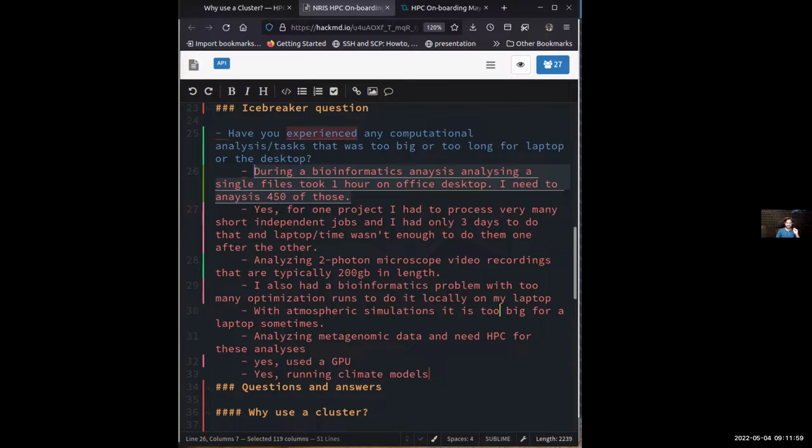So does this mean that I could start something and do some other work, and the cluster will do the processing for me, so I don't have to sit in front of it and look at it? Precisely. So we will learn how to schedule, and then the cluster will start it at the right time. And then we will learn how we can check the status of a calculation, and how we can check whether it worked or not. We will also see problems and then learn how to troubleshoot these, because problems happen all the time.